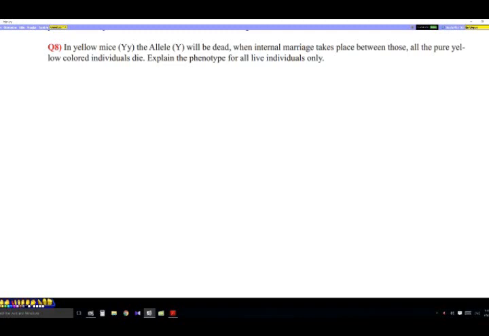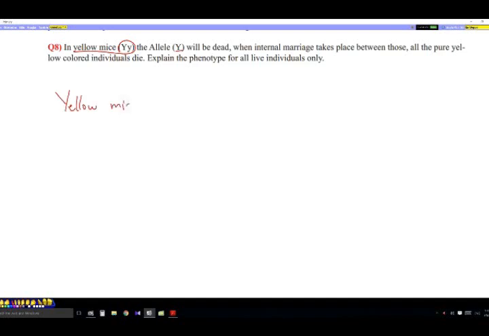From the chapter, question 8. In yellow mice, capital Y, small y, because living yellow mice must be hybrid. Why? Because the pure dominant dies and the pure recessive is gray color. Allele capital Y will be the lethal allele. When the internal marriage takes place between those two